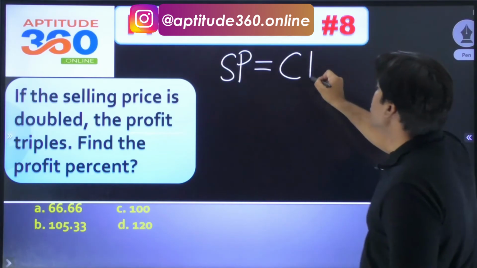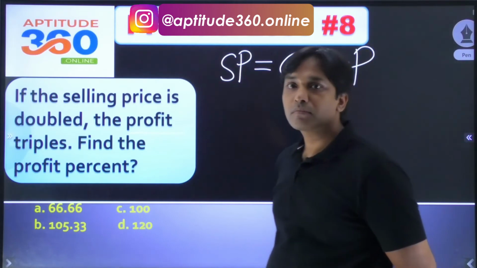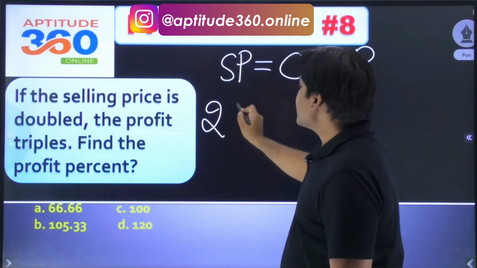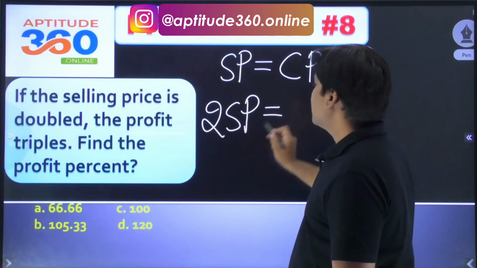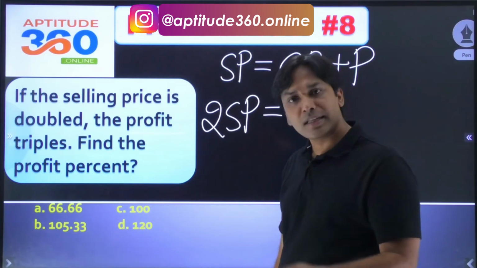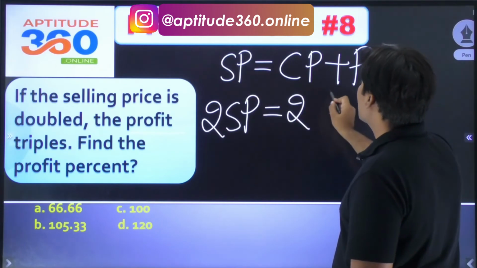We know for sure that selling price is equal to cost price plus profit, है ना भाई? And say that if you double the selling price, अगर सेलिंग प्राइस डबल कर दिया तो कॉस्ट प्राइस तो फिर भी सेम रहेगा ना। कॉस्ट प्राइस कहाँ से चेंज होने वाला है भाई? जितने का खरीदा था वो तो उतने का ही है। So 2 times of selling price is equal to 2 times of